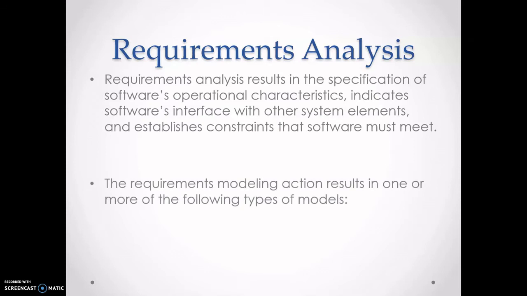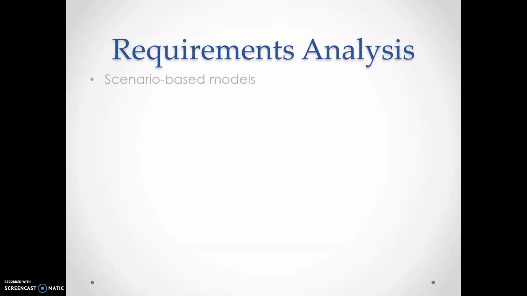The requirements modeling action results in one or more of the following types of model. So let's see what the models are. The first model is scenario-based models of requirements from the point of view of various system actors. Next is data models that depict the information domain for the problem. Then we have class-oriented models that represent object-oriented classes, attributes, and operations, and the manner in which classes collaborate to